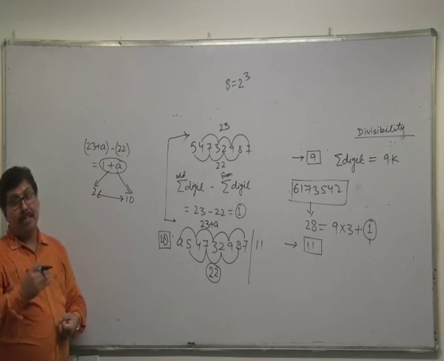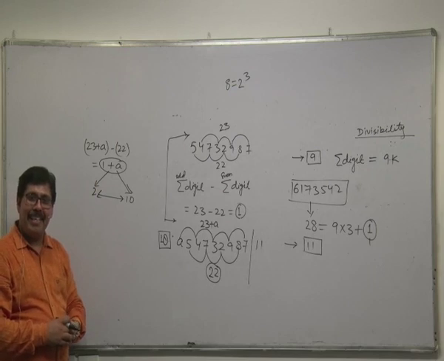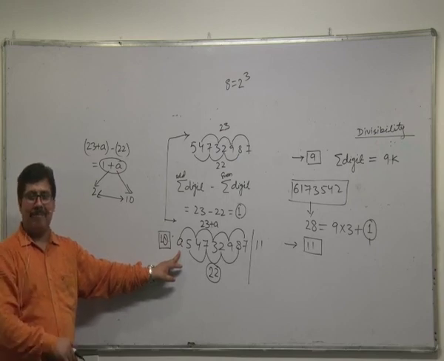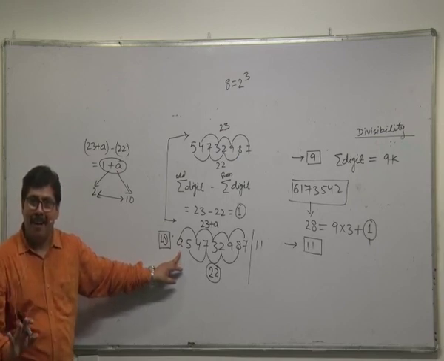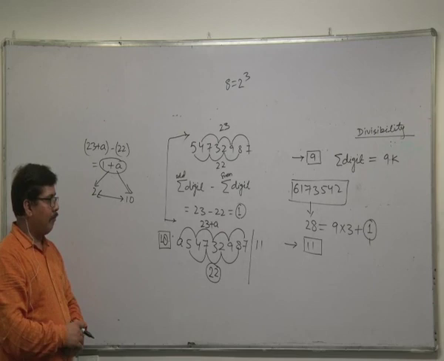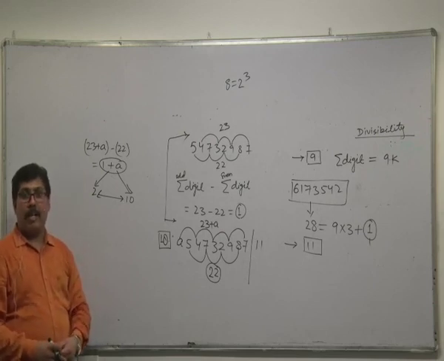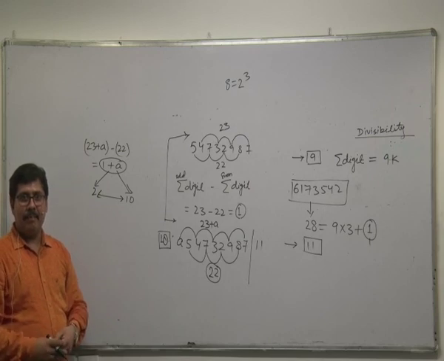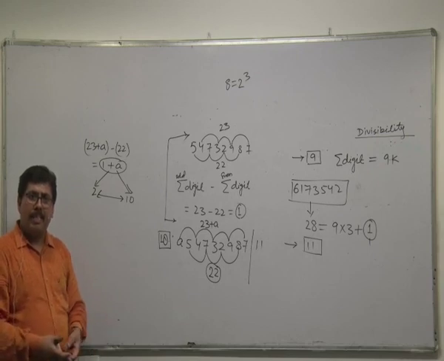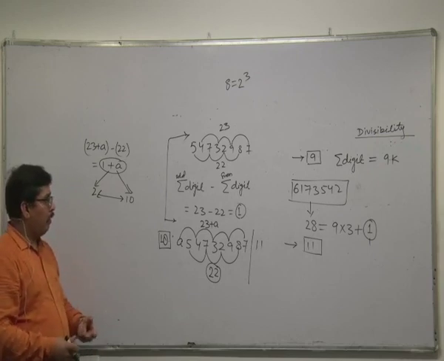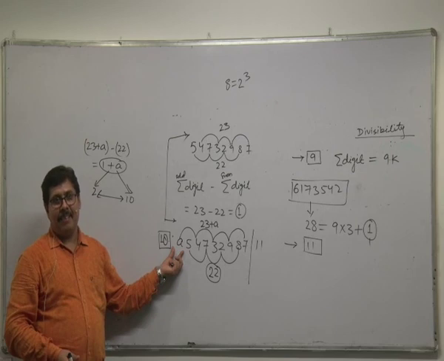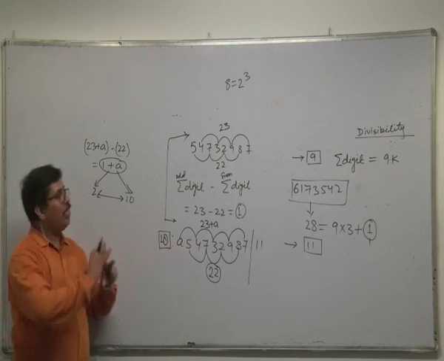So what is your final answer? No such number exists. So whatever be the value of A, put whatever you like, your number is never going to be a multiple of 11. Right? Suppose your options are 1, 2, 3, or data inconsistent or not possible. Can I say not possible or data inconsistent? Whatever be the digit that can be replaced by A, my number is not going to be a multiple of 11. I hope this point is clear.